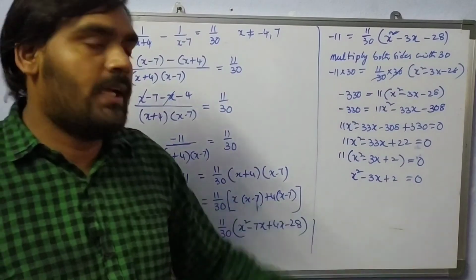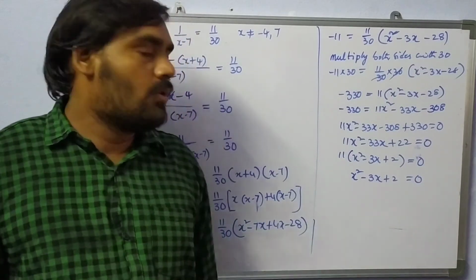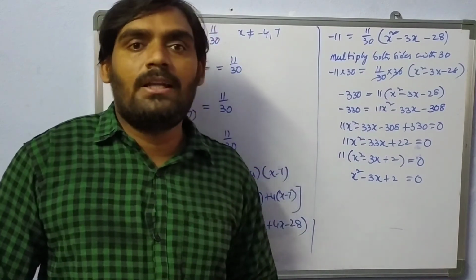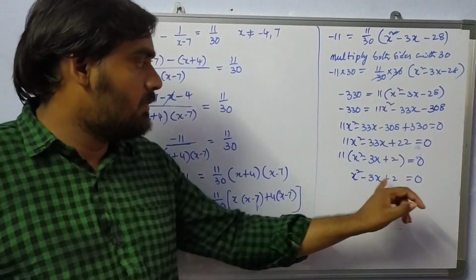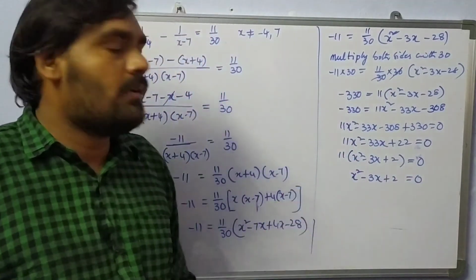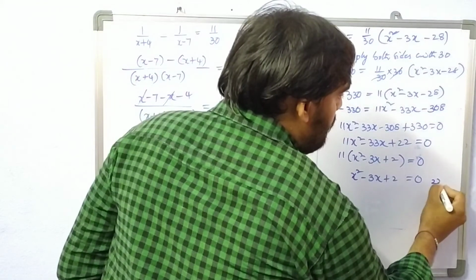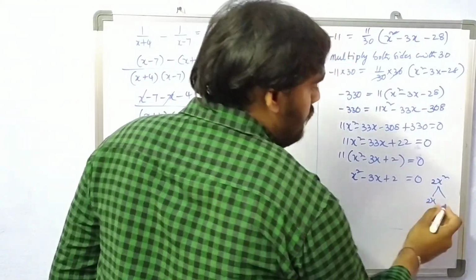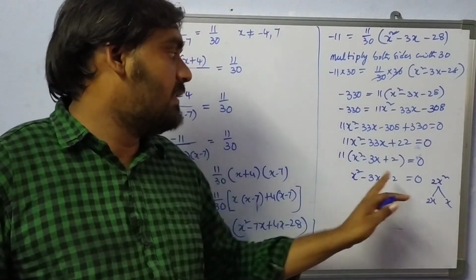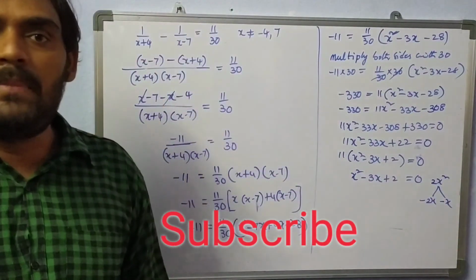Now we need to find factors for this one. See here, by using factorization we can find roots for this one. So here, what is the method we need to find roots of a quadratic equation? By using the factorization method, we need to take the first term and last term and multiply. When we take two terms, the product should be equal to 2x square. When we add two terms, the sum should be equal to minus 3x. So if I take 2x square, the product is 2x and x are the two terms. The product is 2x square, the sum is 3x. But here we need to get minus 3x. So give for both the terms a minus symbol.